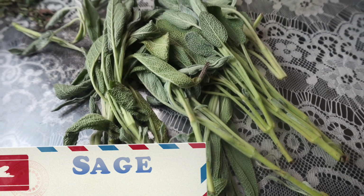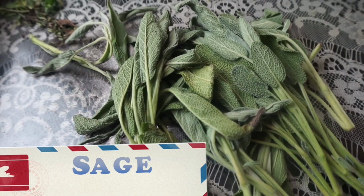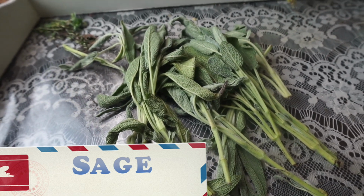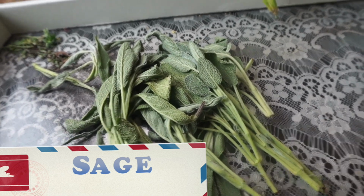Sage actually helps to promote oral health. It helps to ease symptoms of your period, menstrual cramps. It helps to reduce your blood sugar. Let me repeat the second one I just said. It helps to ease your menstrual cramps. Hey, are you a lady? If you're a lady, you will know what menstrual cramps are and why you need sage